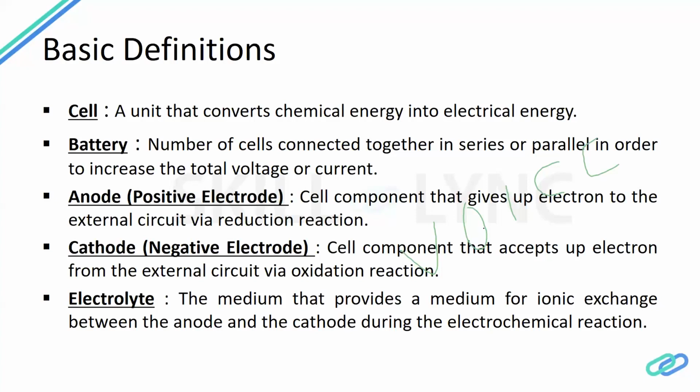Now the one who accepts that ion is known as a cathode, right? So the oxidation reduction reaction happens here, and the medium through which all this happens is called an electrolyte. Usually there are salts, or some ionic materials that we use as electrolyte, solid or liquid, depending. Usually it's liquid, but we can use solid electrolyte also.